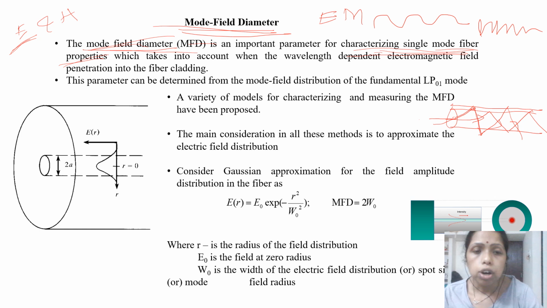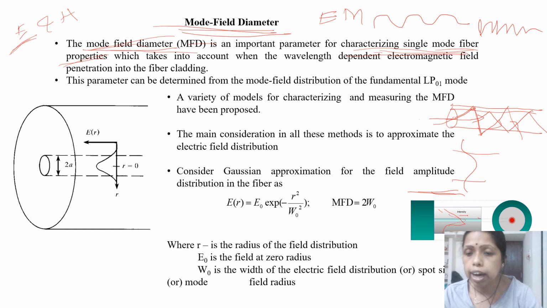So this is the electric field, you can see. In this diagram the electric field propagates, and the electric field intensity distribution is like that. If you look from this end of the fiber, you can see a spot of light coming from the optical fiber. This is the distribution, and if the electric field is spread, with the maximum in the cladding layer and the minimum amount of electric field in the core layer,